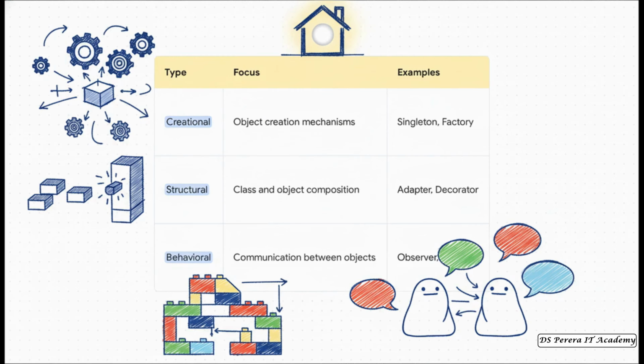And last but not least, we have behavioral patterns. These are all about communication. They define how different objects talk to each other, how they collaborate, and how they share responsibilities to get things